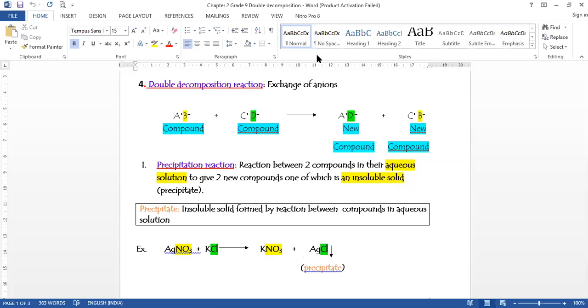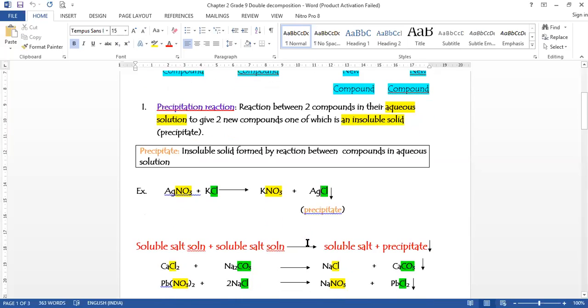So this is basically exchange of anions. I hope you understand what is exchange of anions. As a result, potassium chloride becomes potassium nitrate and silver nitrate becomes silver chloride. Among these two, KNO3 is a soluble substance, so it becomes a clear solution, and AgCl is a precipitate, so it is a colored thing. It is a white colored substance. It does not dissolve in water, so it will be seen as a white substance when this reaction takes place. So silver chloride is the precipitate formed over here.